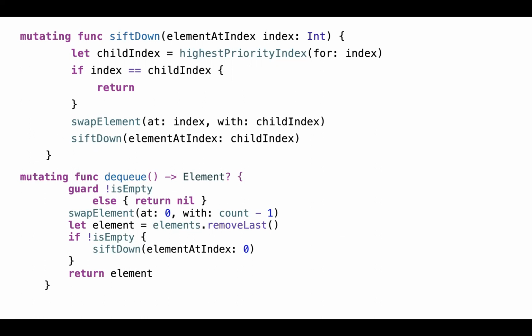The way we discussed, shift down is like we will be identifying the child index. Here again we are finding the highest priority index for the index, among the 3 elements, which one has the highest priority. If that index is not the parent itself, then we will do a swap, and again call this shift down method recursively.